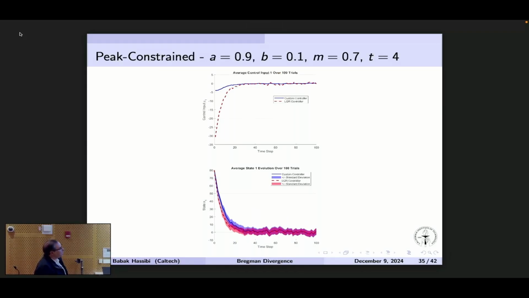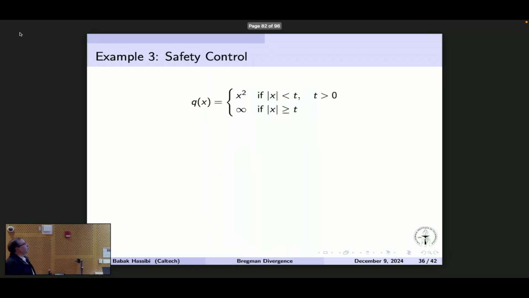So here I'm showing you the absolute value of the state. Here, because we are peak constrained, the LQR isn't. We do a little bit worse than the LQR, but not a whole lot, because we're peak constrained. But here you see this is the actual control signal. We're constrained by 4. So this guy has put in a lot less effort to get this performance than the LQR. Okay, so this is the effect. So we've put in a peak constraint.